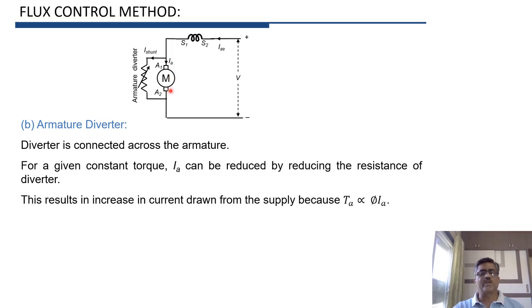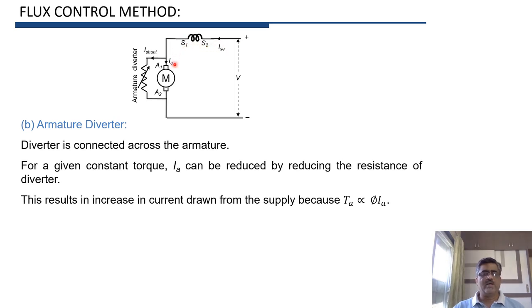But the load torque is constant. You know that TA is proportional to phi into Ia. So if Ia is reduced and TA is constant, then phi should increase, and therefore the motor will draw more current